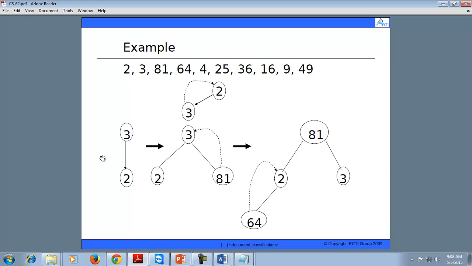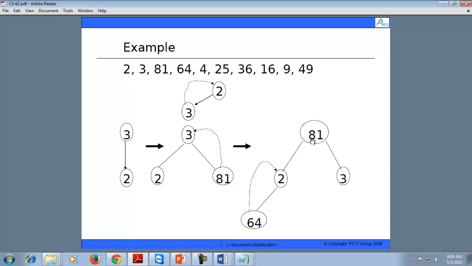It means 3 comes at the place of the root and 2 becomes the child of 3. Next is 81. 81 will be inserted at the right child. But again, according to the properties of the heap tree, the root must be greater than the child. So 81 will be swapped with 3. It means 3 comes at the place of 81 and 81 comes at the place of 3.